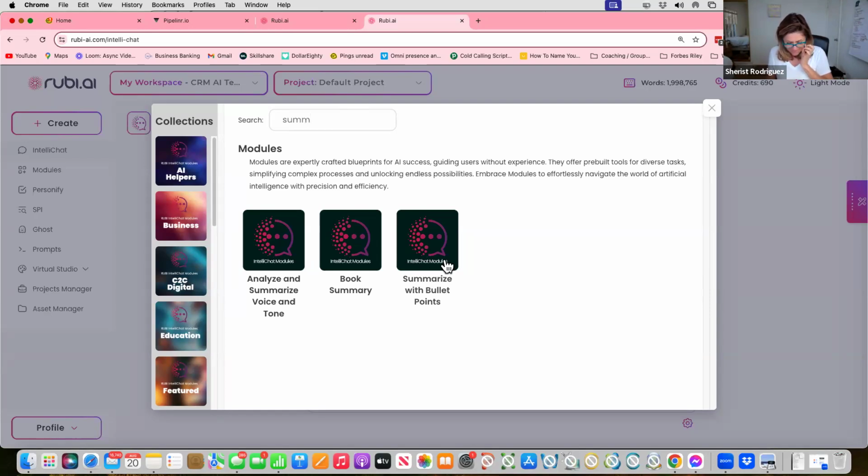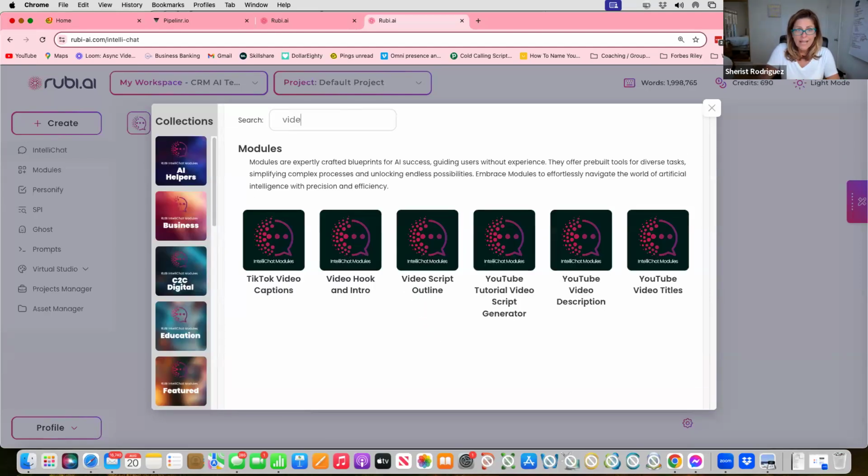And then there's stuff for video. Because the way we build out the marketing funnel is through a webinar, sometimes it's hard coming up with what to put on the webinar. So you've got a hook and intro that you can use. You also have a script for video, even for descriptions and stuff like that. But these two are probably two of my favorites to give me ideas on really grabbing attention. The hook is always the thing that pulls them in. And then the video script is to help you out with that.